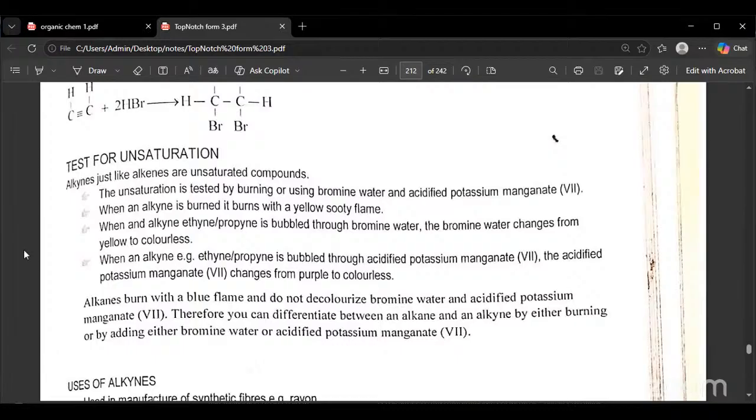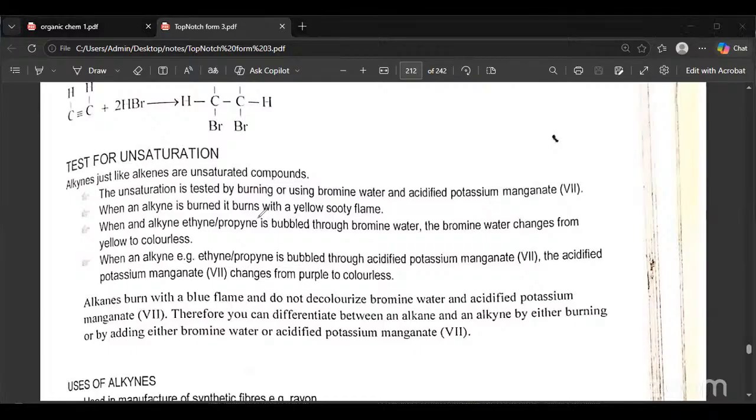This one is also used to test not only alkynes, but also alkenes, and they have common effects on this. Alkynes and alkenes behave similarly. Now also potassium manganate(VII) changes from purple to colorless. There is one that is special,